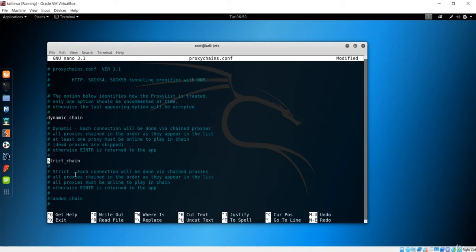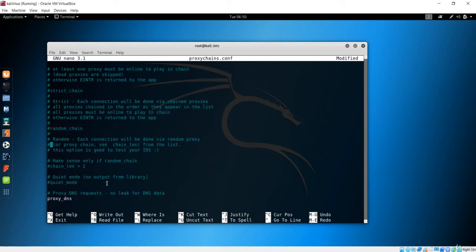Now we are not using strict chain, that means we have to comment this strict chain out. The strict chain will go through the chained proxy, and in this case it will have only one proxy, and this is what we are normally going to use in normal action. The next one, and the most transparent one, is the random chain. This is not going to make any encryption. This is normal; this will have transparency. Anyone can see your IP address, get your location trace, and check your system information, everything with this random chain. That means there is no security whatsoever in the case of the random chain.